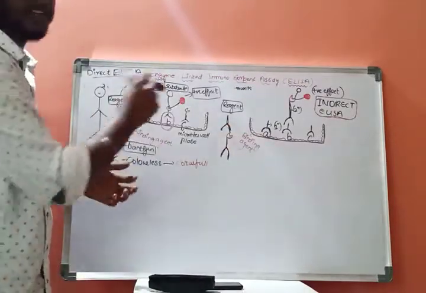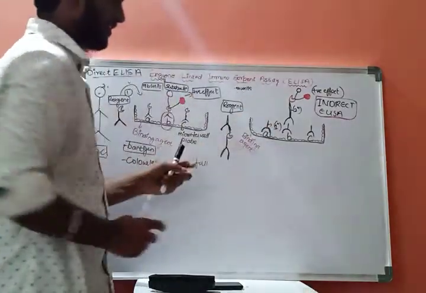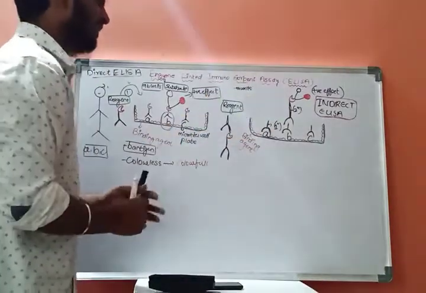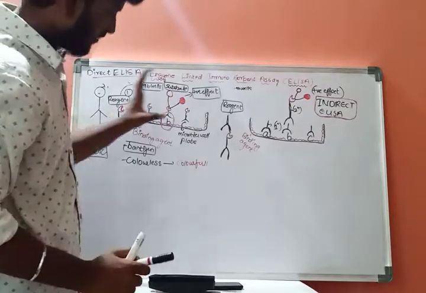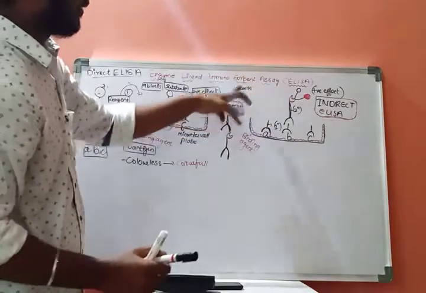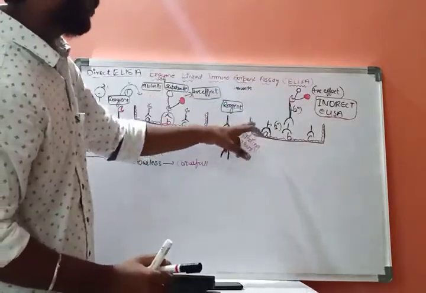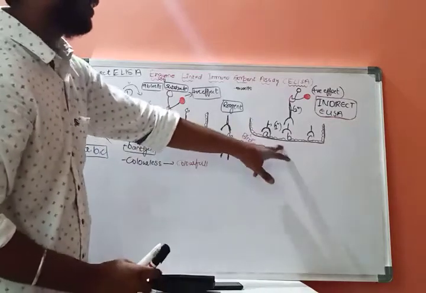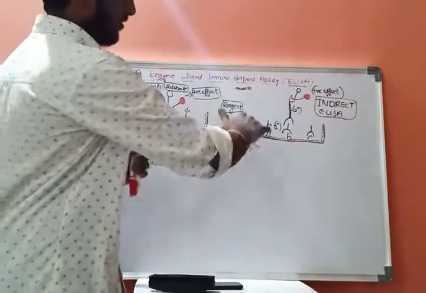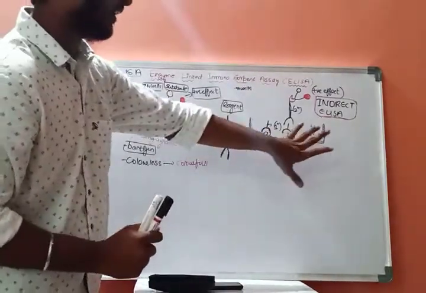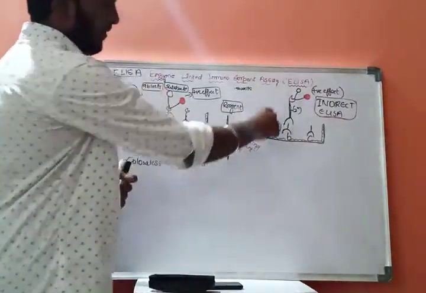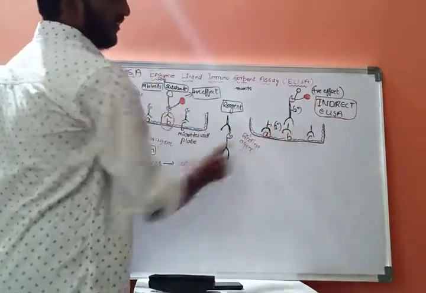Let us discuss this indirect ELISA once again. Let us consider a microtiter well plate which contains 96 wells, and a patient whose serum consists of A, B, C types of antigens. This serum will be poured into the microtiter well plate. After pouring, these antigens will get attached to the surface of the microtiter well plate, and the extra amount of solution will be washed out. After washing, these antigens will remain on the surface of the microtiter well plate, and primary antibodies will be added on the surface of the microtiter well plate.